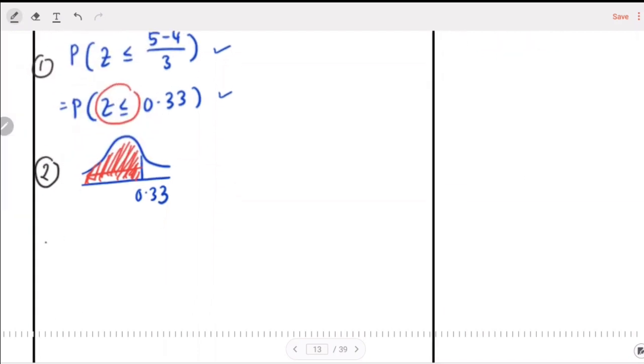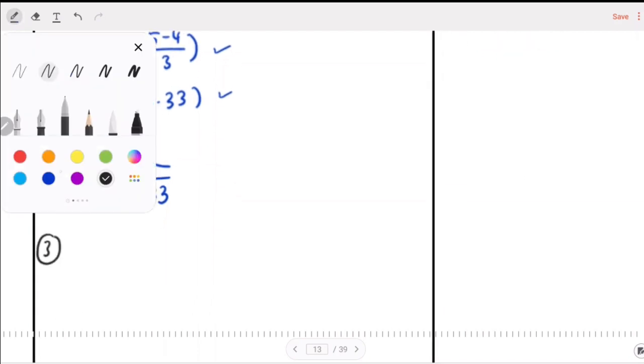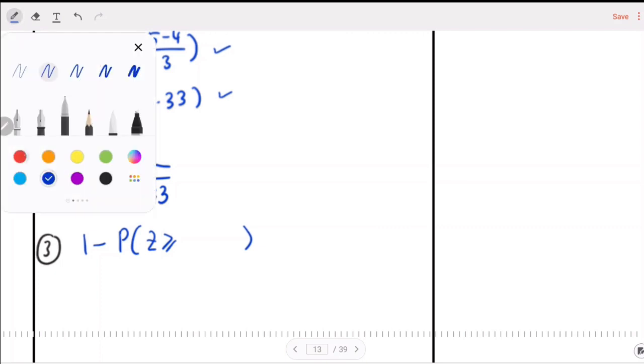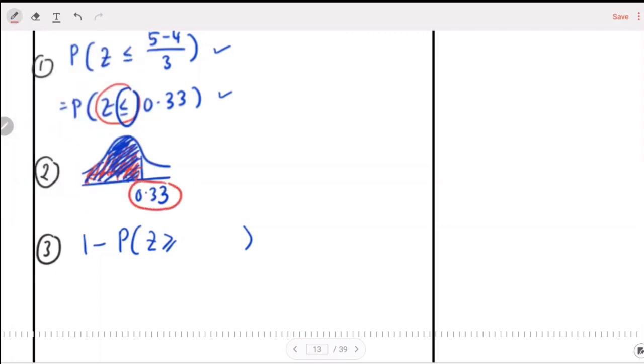And then the third step, we need to identify whether we need to put 1 minus or not. As I told you earlier, if we shaded the middle part of our bell shape, that is happening here, we shaded fully the middle part, so we need to put 1 minus. And then probability z greater than, or since we take a look here, we have less than equal, so I put equal here to make it balance, right? And then just take the value up here, which is 0.33,